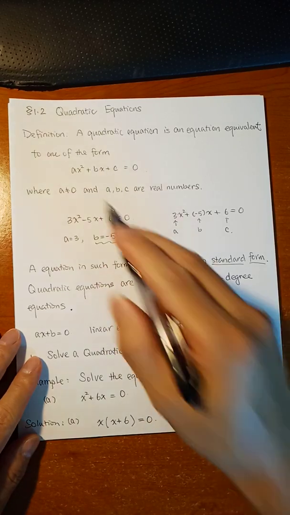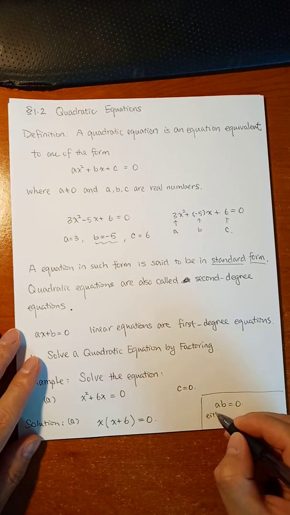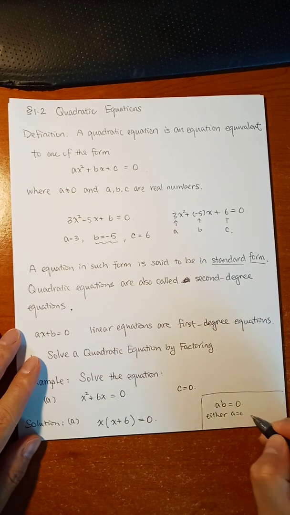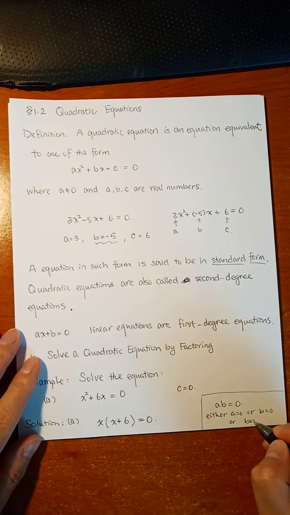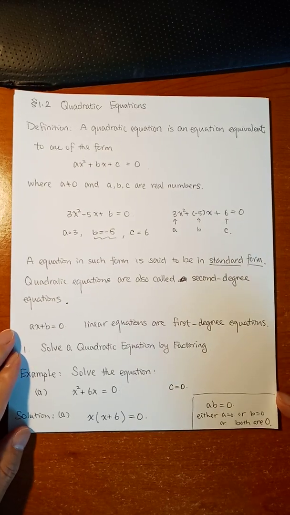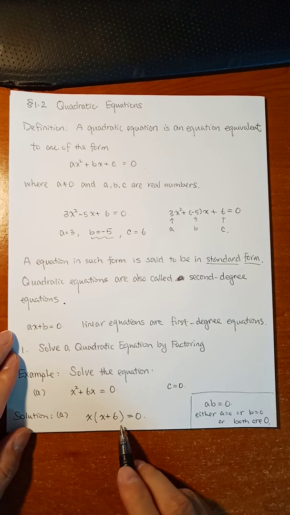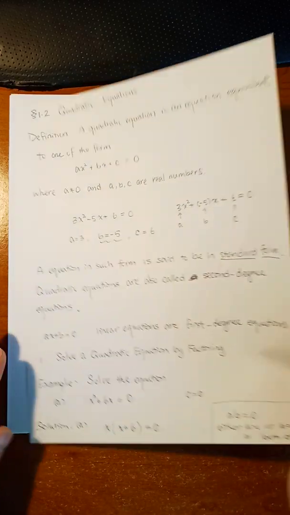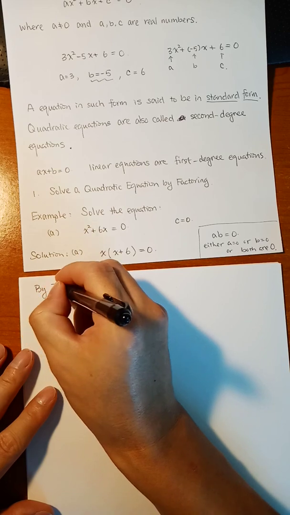These a and b are not those a and b. If a times b is 0, then either a is 0 or b is 0, or both are 0. Okay, so this is the zero product property. And here you have x times (x plus 6) equal to 0. Then what do we get? Then by the zero product property,